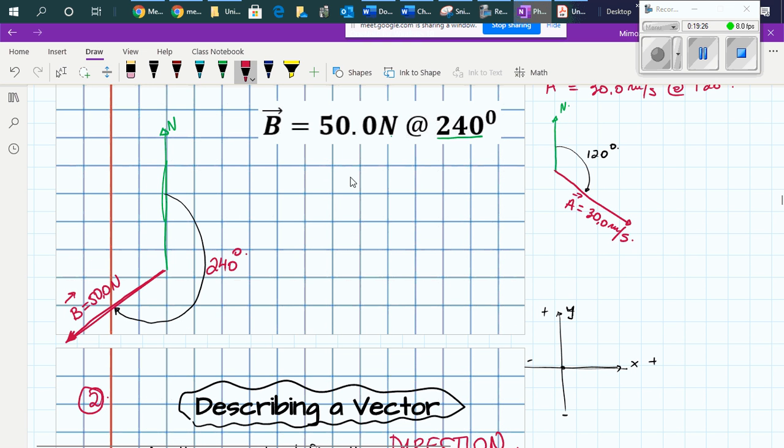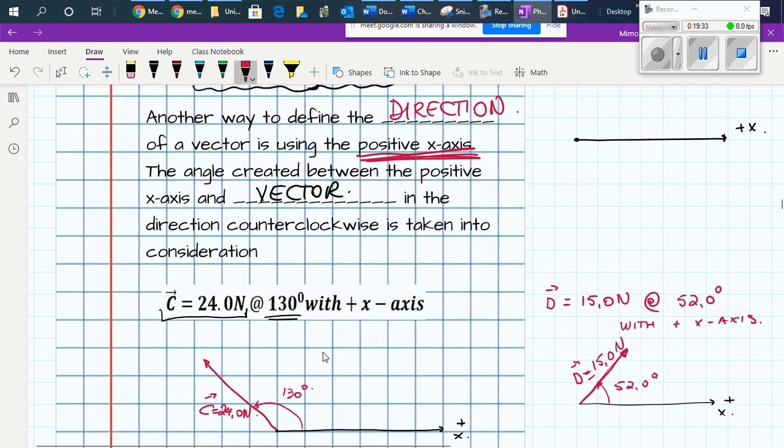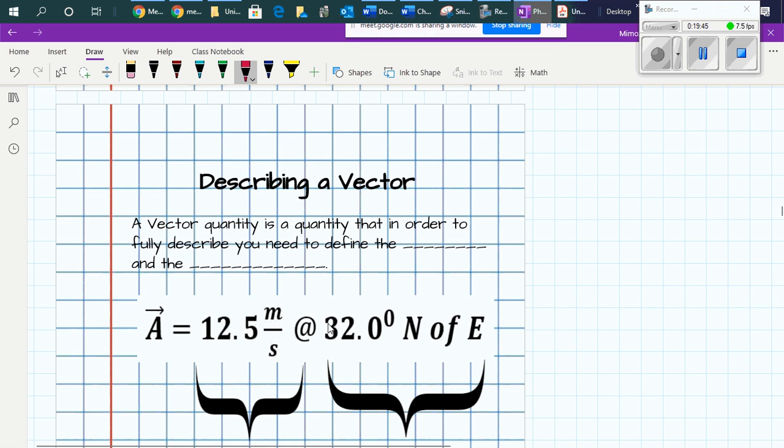The bearing is used especially in navigation, while the positive x direction is used mostly in engineering. However, the third method is the one that is used widely in the physics world. The third way to describe a vector